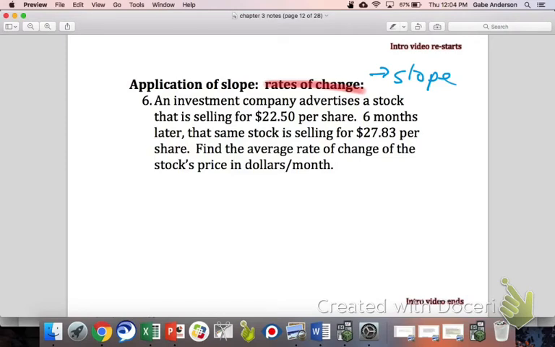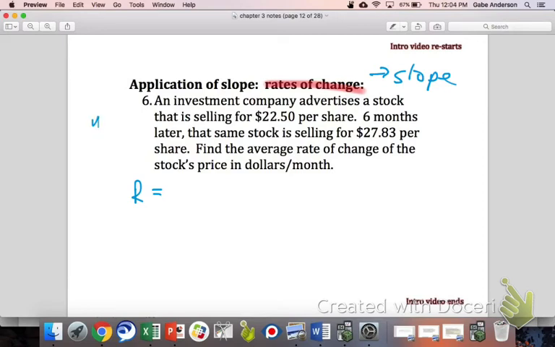It says an investment company advertises a stock that is selling for $22.50 per share. 6 months later, that same stock is selling for $27.83 per share. Find the average rate of change of the stock's price in dollars per month. So keeping in mind that rate of change, or average rate of change here, is the idea of slope between 2 points. So I'm going to say rate of change equals